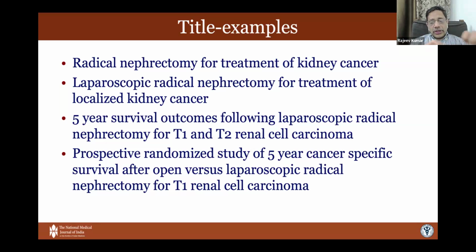So when you've incorporated the entire PICO, that becomes a more complete title. It's obviously much longer, but when you're doing a randomized study, 20 words is acceptable on that title. So that's how you create a title. Don't just give simple things. Counseling for kidney transplant, it tells me nothing. Survival rates after kidney transplant tells me nothing. You have to go into more details than just giving that in your title.